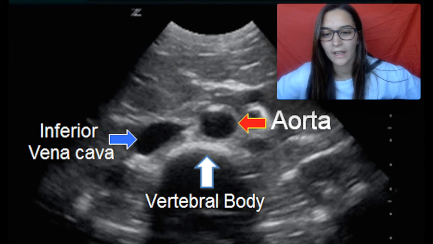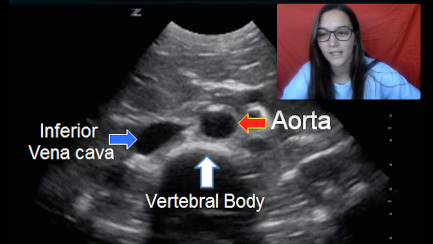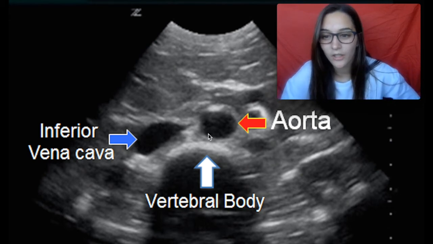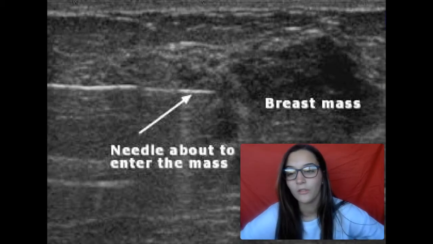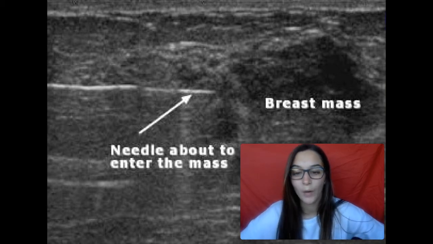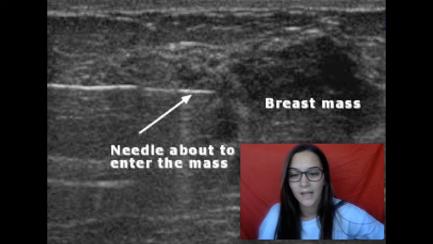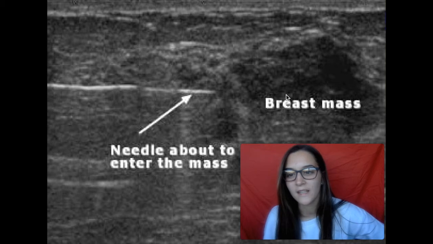Here is an example of a carotid aorta ultrasound, and here you can see the aorta, the vertebral body, and the inferior vena cava. So here is another example of an ultrasound, only this time we're looking at a biopsy. What is happening is there is an abnormal mass in the breast, and you can see the needle about